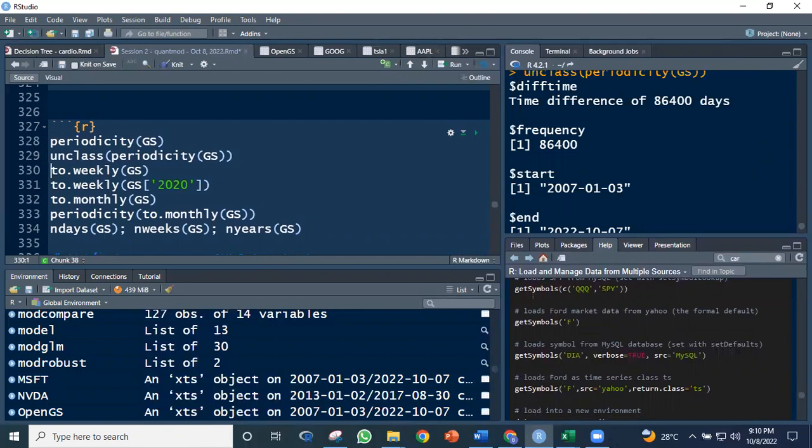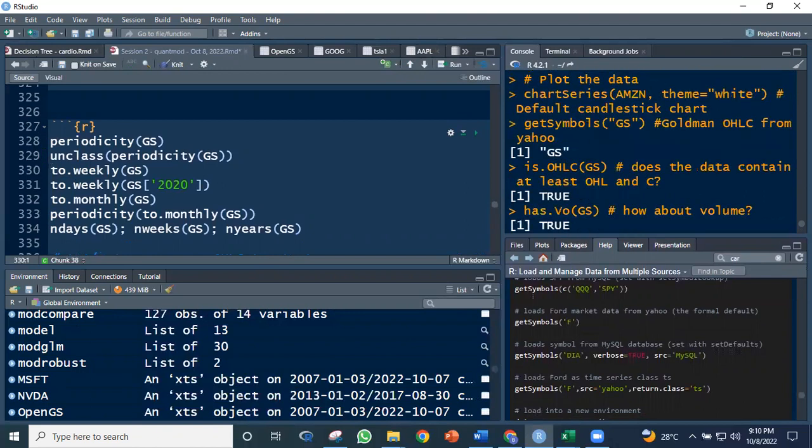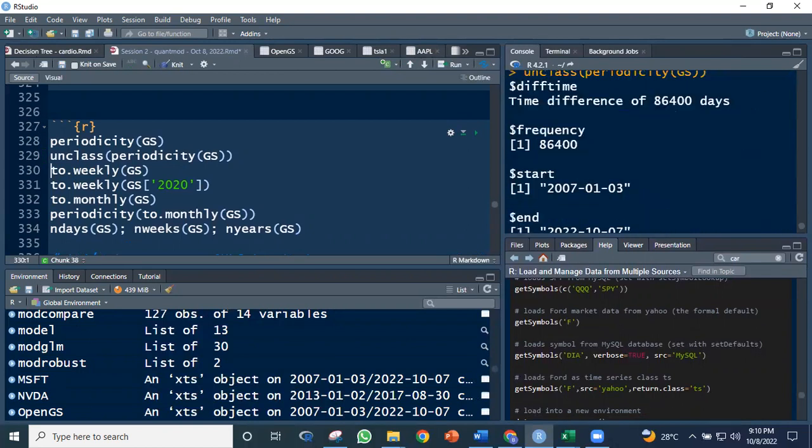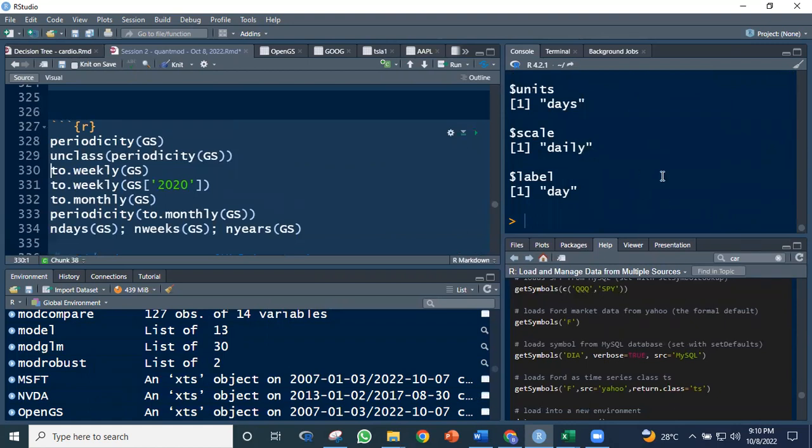okay? So parang ito yung sabi natin breakdown. So ilang days lahat? Difference time, 86,400 days, frequency pareho, start, end, and then scale niya daily, label niya day. Alright, so this is the sub-classification or components ng periodicity ng ano, let's say,